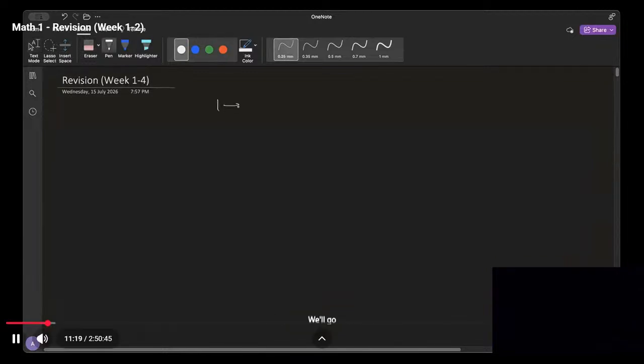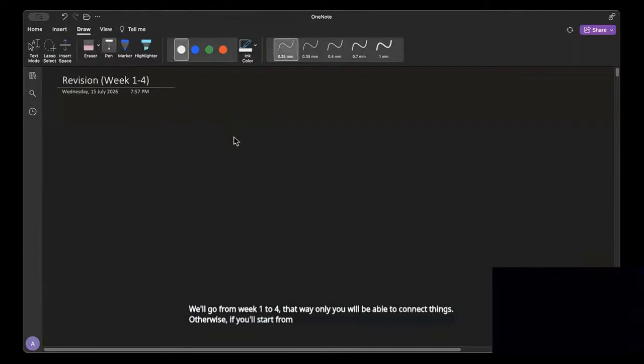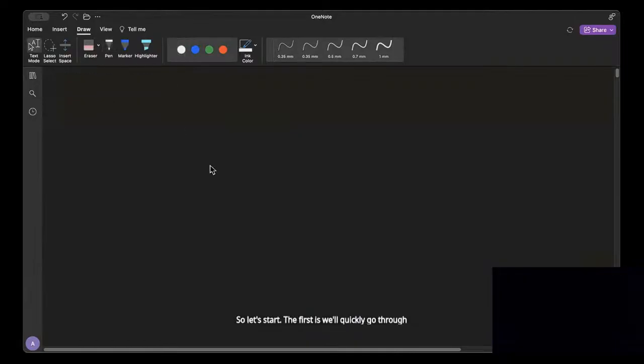From week 1 to 4, that way only you will be able to connect things. Otherwise, if we start from everything, it will get messy. That's why we'll start from week 1 and then we'll go. We'll quickly go through it, a very quick recap of the weeks. We're not going through the entire summary of each week. So first is